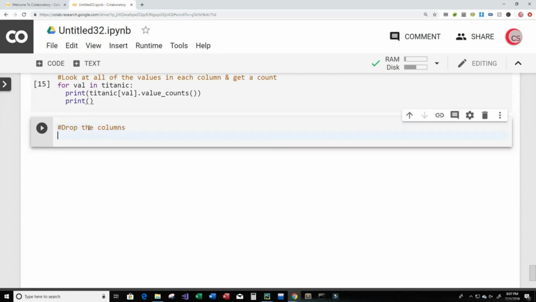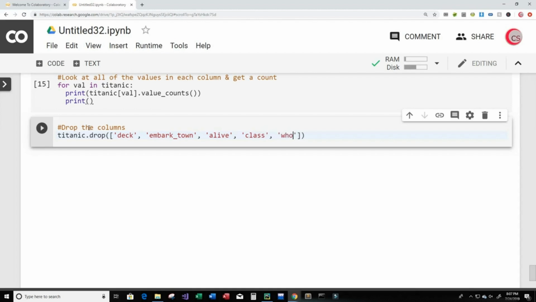To do that, I just type Titanic.drop, and then inside here I put a list of the column names that I want to drop. So deck, embark, embark town is the name of the column, and then alive, and then class,